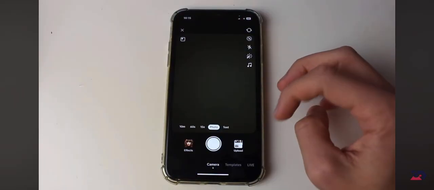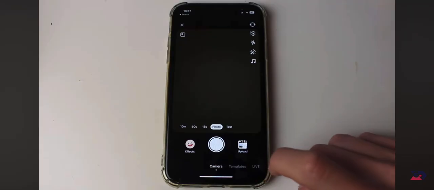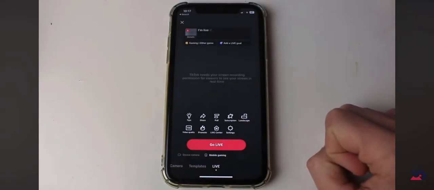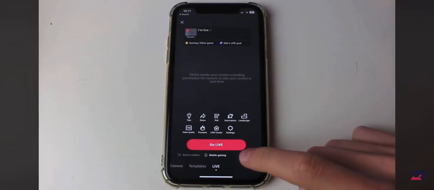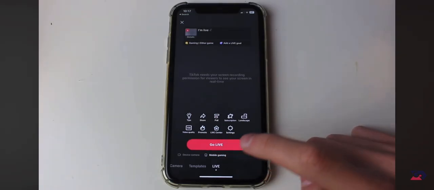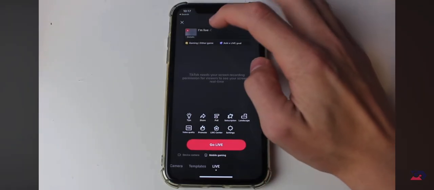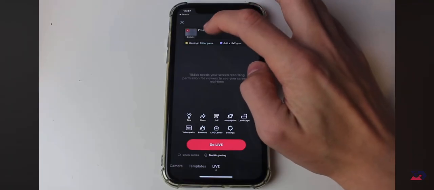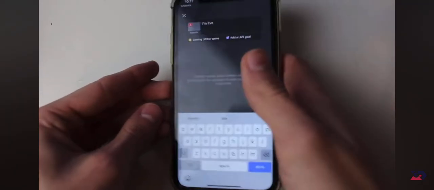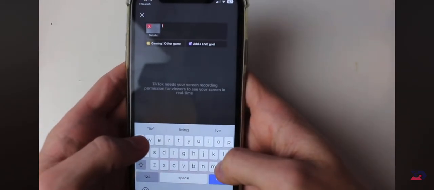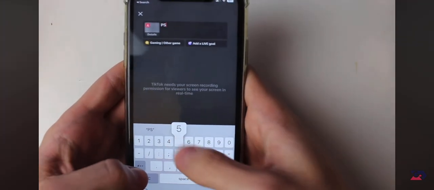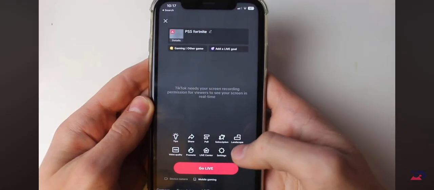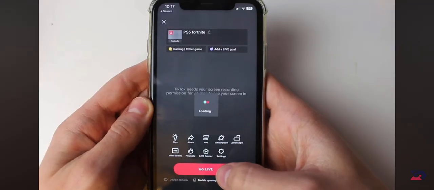On TikTok, open up the camera, then click on live in the bottom like so, and it will then take us to this screen here. And what you need to do is select mobile gaming. You've got device camera and mobile gaming. Click there, and then what you can do is name your stream. So you can click on sort of the pen icon. I could then type what I'm playing. So I could go and type in PS5 Fortnite. Of course, you can name yours what you want. There's a few more things you can do, but I'm going to keep it simple and just tap on go